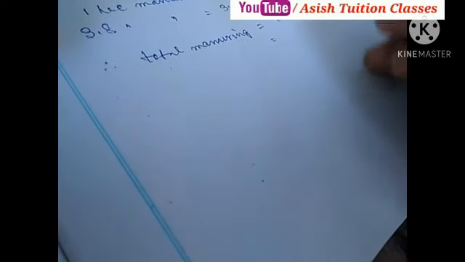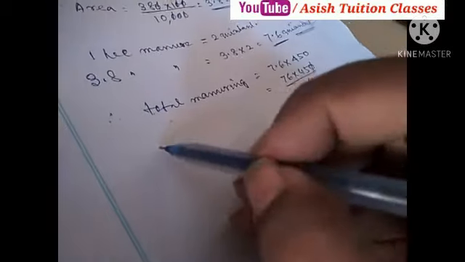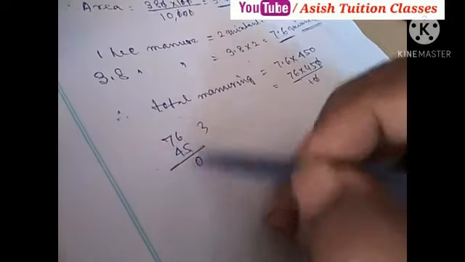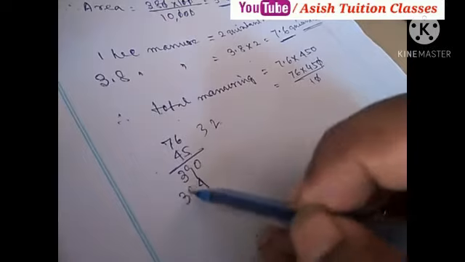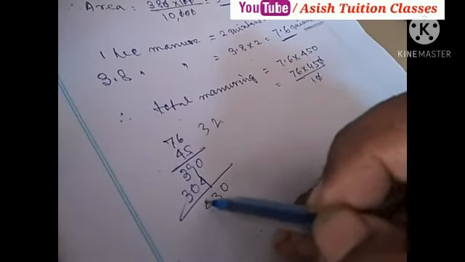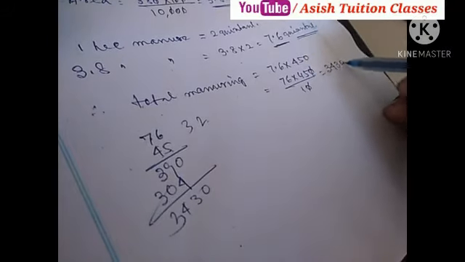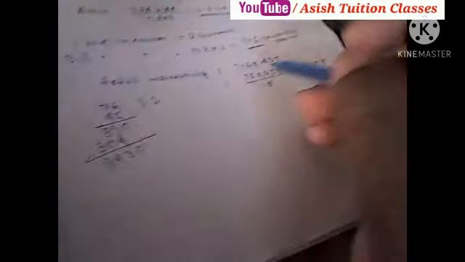This means 3420 rupees. This will be the total manure cost. This will be the answer. Next,